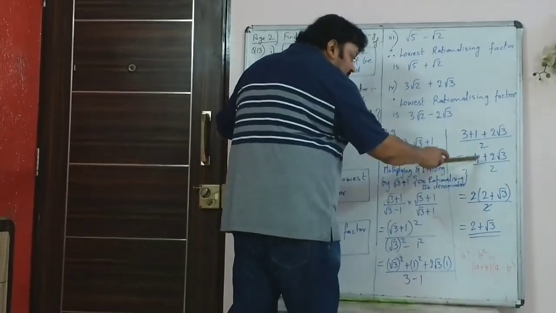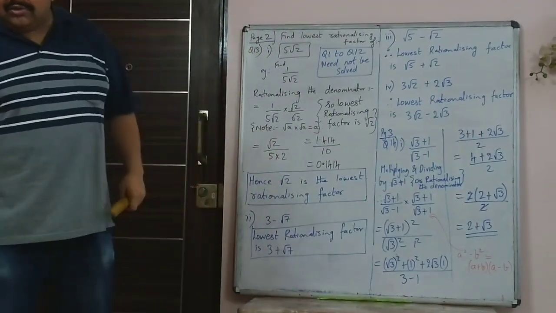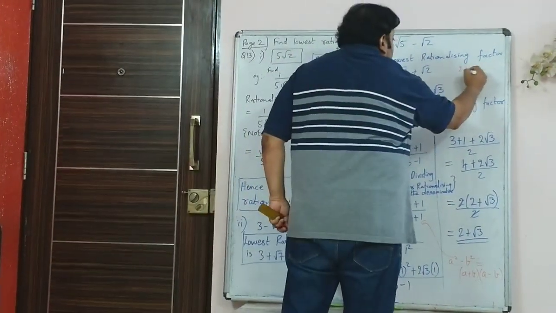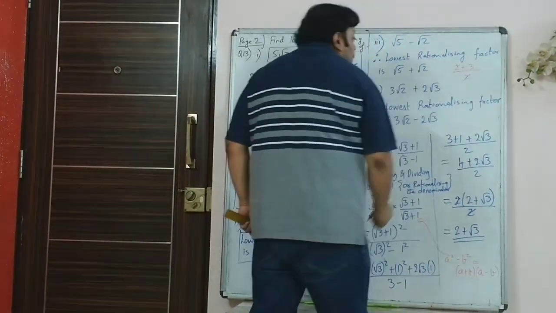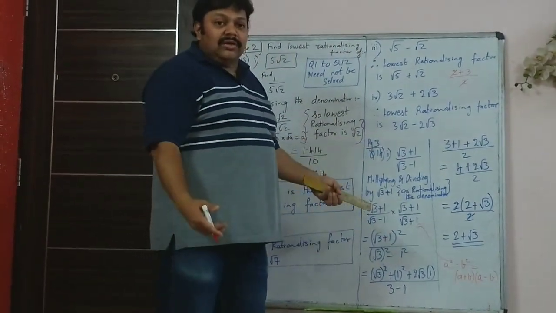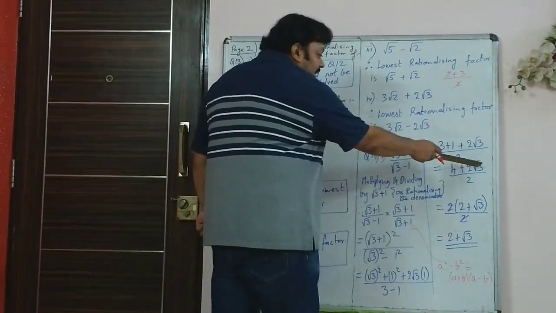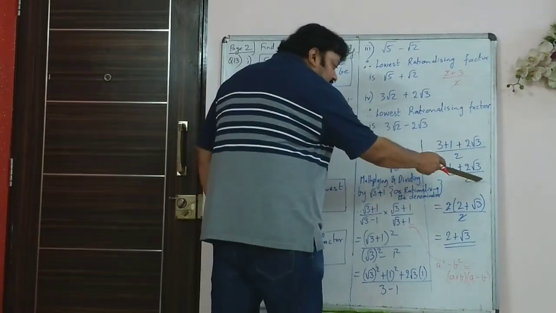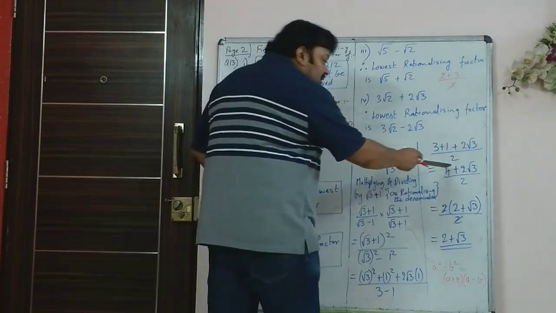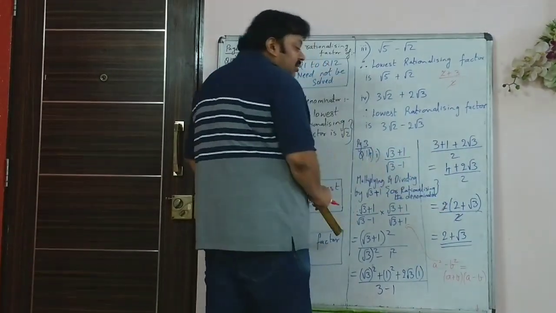See, you can't cut this 4 and 2. Remember, this is a common mistake that many people make. You never do this. You don't say the answer is 3. It is 5 by 2, so the answer has to be 2.5. But I don't know why, when it comes to these places where there is some number here, many students cut this 2 and 4. You can't do that. This is one full number, you have to take the common factor out and then only you can cancel.